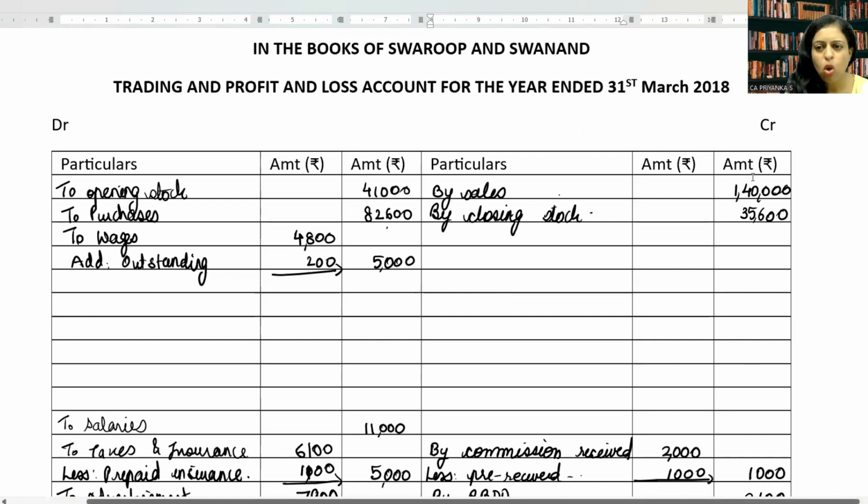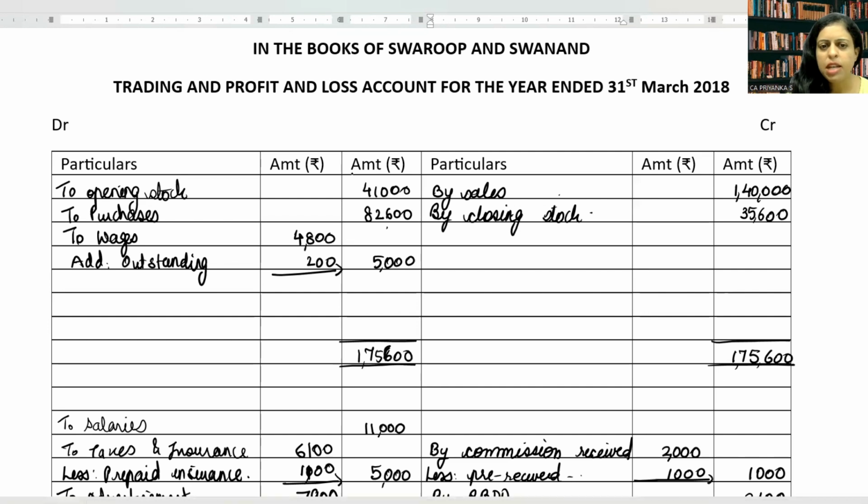Let's take the total of credit side, total of debit side, find out which one is more. And if your credit side is more, then it will be profit, gross profit. If your debit side is more, it will be gross loss. 1,75,600 is your credit side. Debit side also should be equal to 1,75,600,